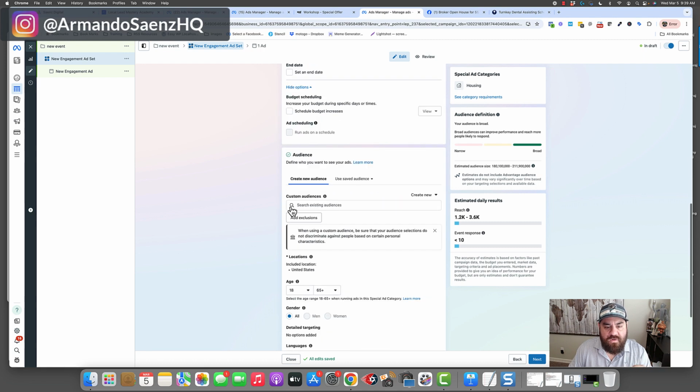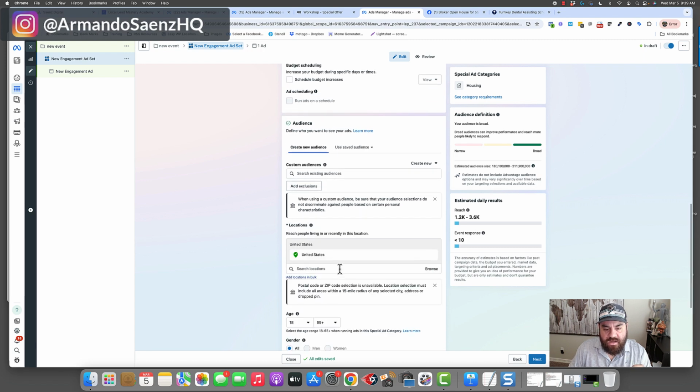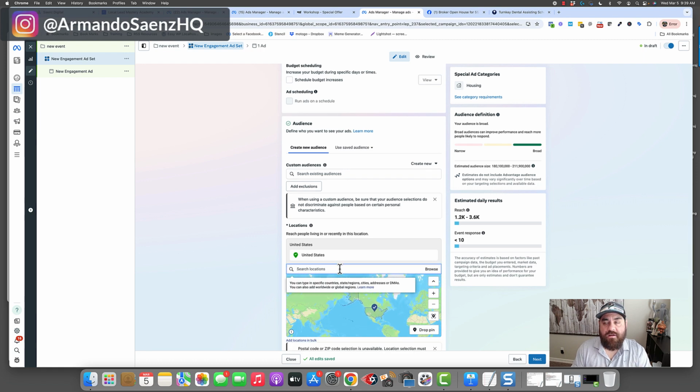The next thing you want to do is go down to the audience section. This is where you're going to plug in your audience for the event. Obviously, you don't want the entire United States. You want to come in here and just localize it to the area. A good rule of thumb here is to plug in the address of the actual physical event right here and do like a mile radius if you want, because people typically aren't coming out to events that are 60, 70 miles out. Let's say something huge,